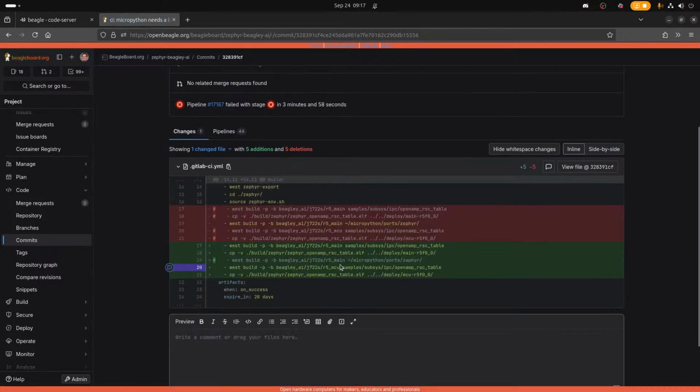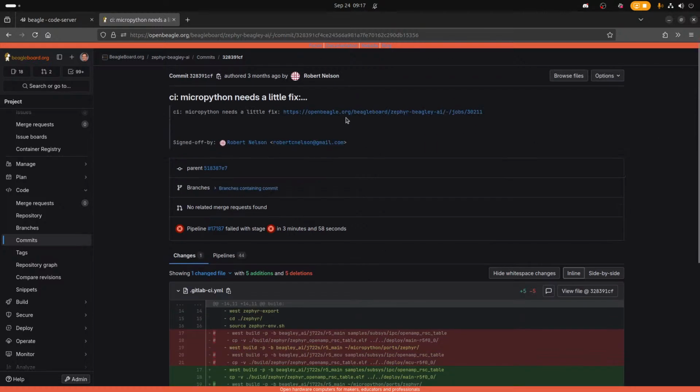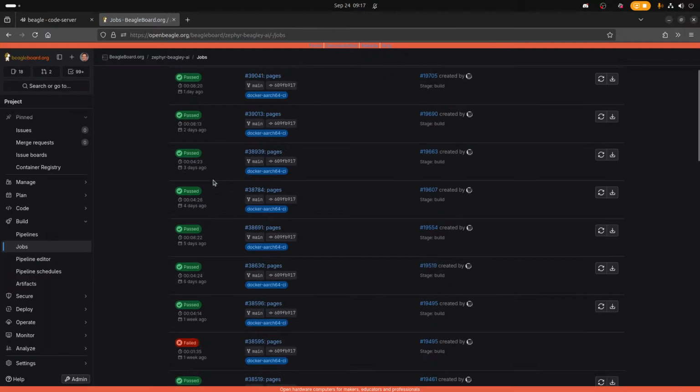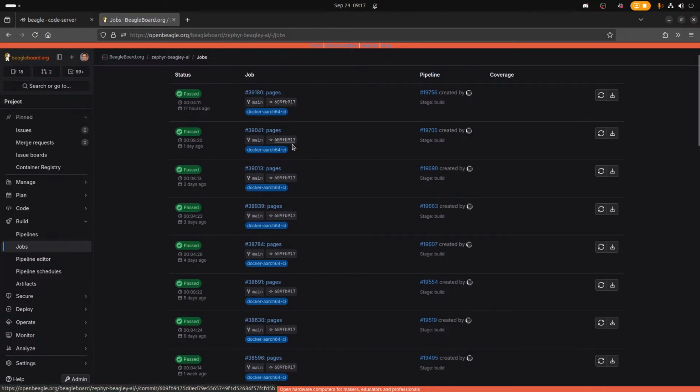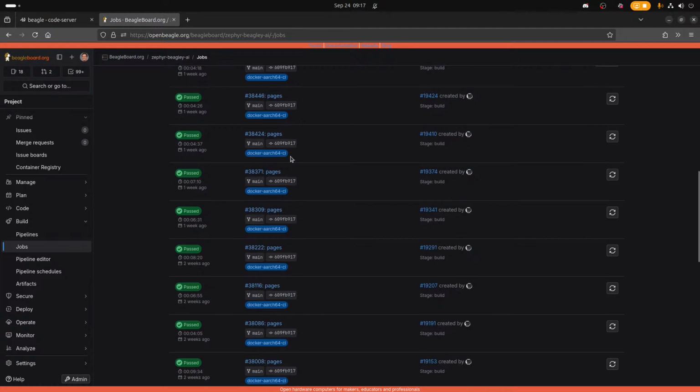Yeah, look at this, right? So there was a MicroPython back here. OpenAMP failed. Let's look at build jobs. I think it's been running for a while. Mostly on this, so not very interesting when it's building from the same commit, right?